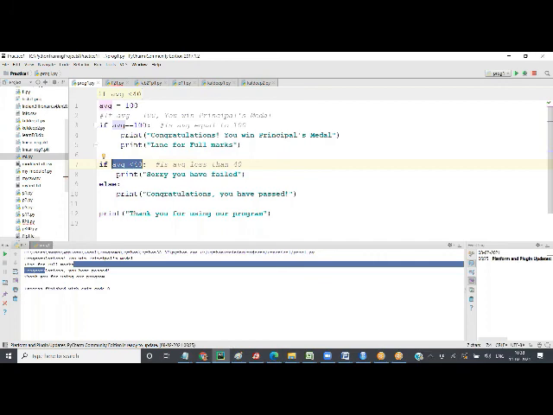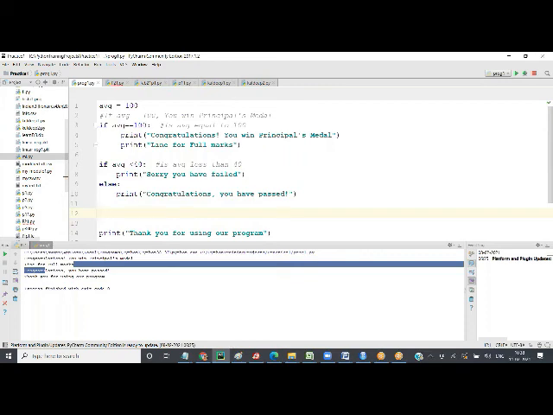So this is like AVG less than 40, failed, otherwise pass. Now we can have multiple conditions. So before that, let's say I want to print grade A, and grade A is when you get more than say 80%.